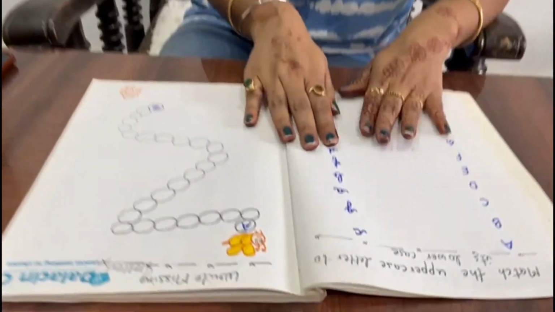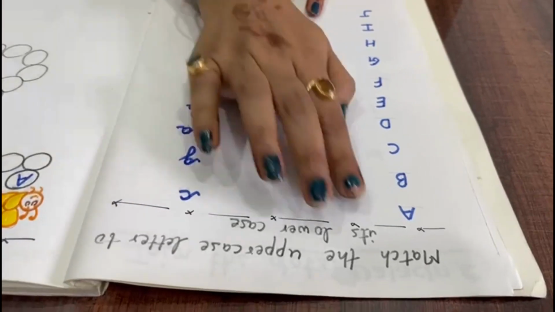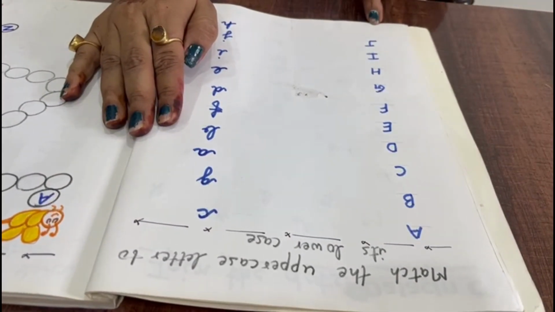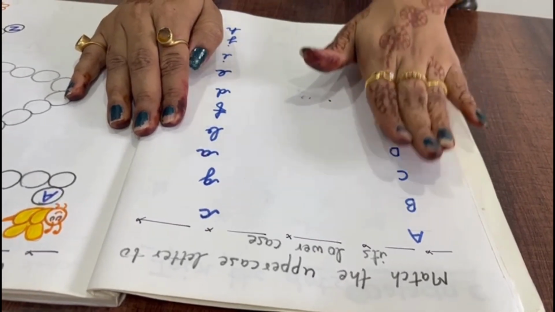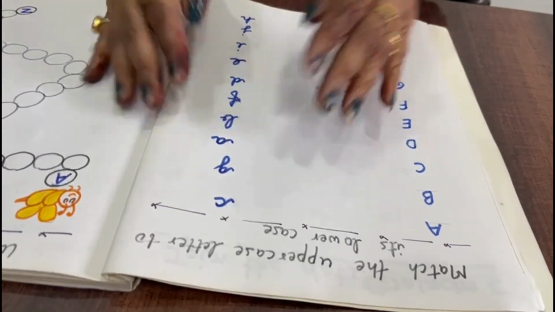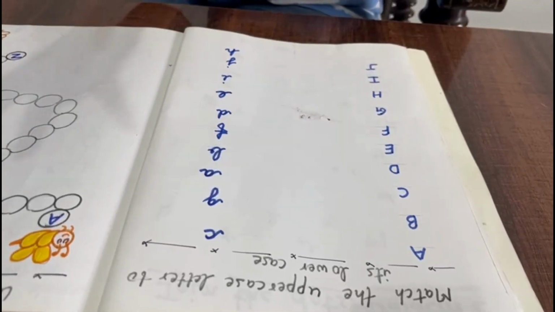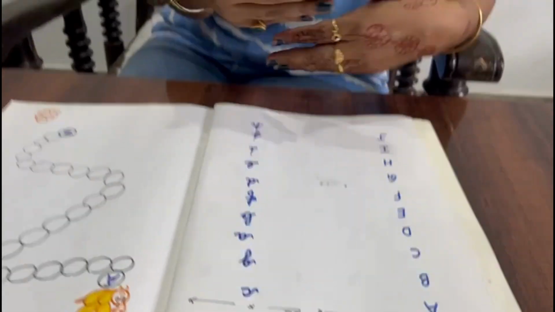Now let's go to the second worksheet. The second worksheet is match the upper letter to its lowercase. Child loves to write the upper letter, the capital letter. Now the child has to understand that the capital letter को हमें small letter में ऐसे लिखना है. तो बच्चे को मैचिंग करना तो बहुत अच्छा लगता है. It's very easy, it's very loved. अगर आप नॉर्मल टॉय से मैचिंग कराओगे तो child loves to do that. A cognitive learning helps the child to improve their logical thinking.